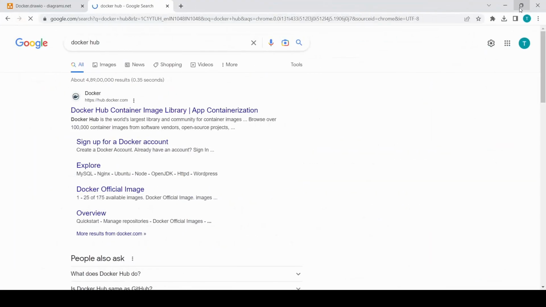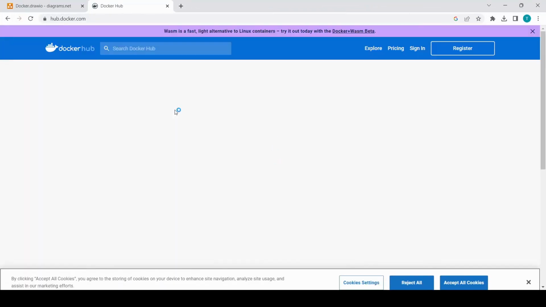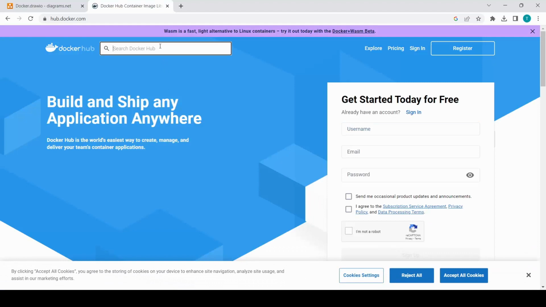Let me just increase the size here and click on it, hub.docker.com. You will come upon this, and here you can search for any image which you want. Today in this particular video we will only be using the hello world image. In our next video we will see some other images, and how